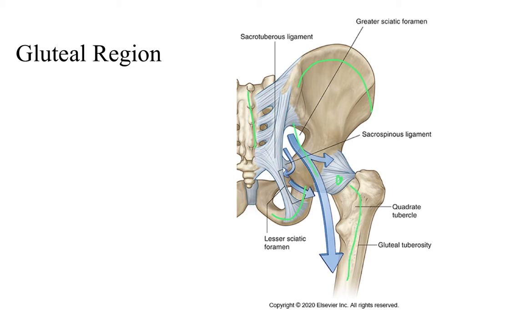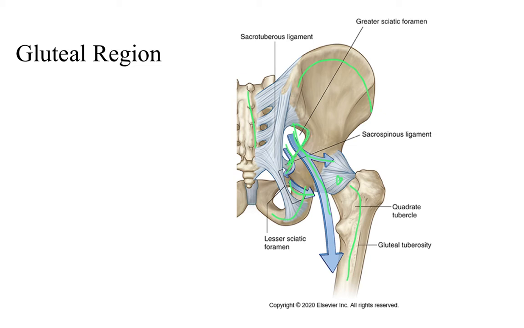And what these arrows are showing you are outlets from the pelvic cavity through which various muscles, blood vessels, and nerves are going to exit and go to their component parts of the gluteal region, whether it be muscles or the skin. And so one thing I want to point out to you here is that